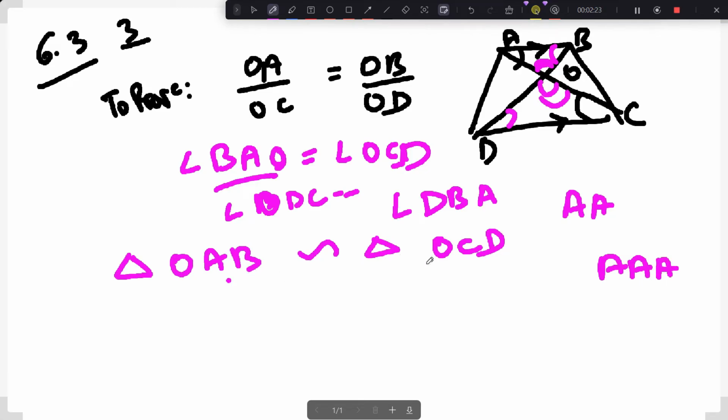Now the order in which it is written, I'm just showing it again. O and O, these are vertically opposite angles. Angle OAB, which is this, is equal to this because AB is parallel to CD. Angle ABO, which is this. Have I not mentioned ABO? Yeah, this is ABO actually. So angle ABO is equal to angle ODC. You can mention ODC as OCD also. ABO is equal to CDO.